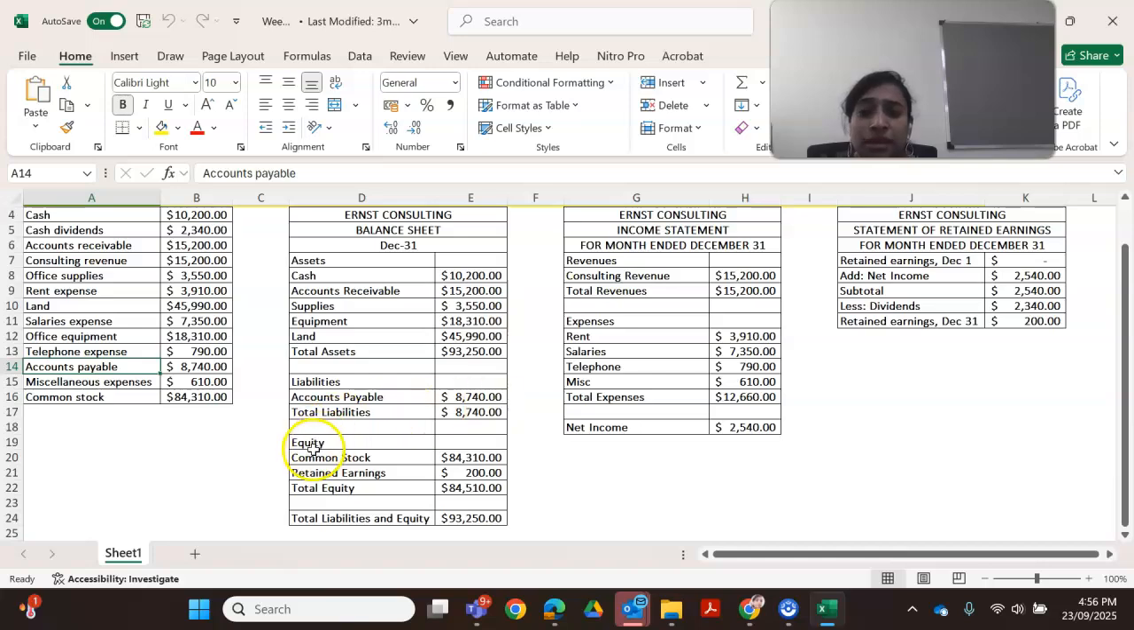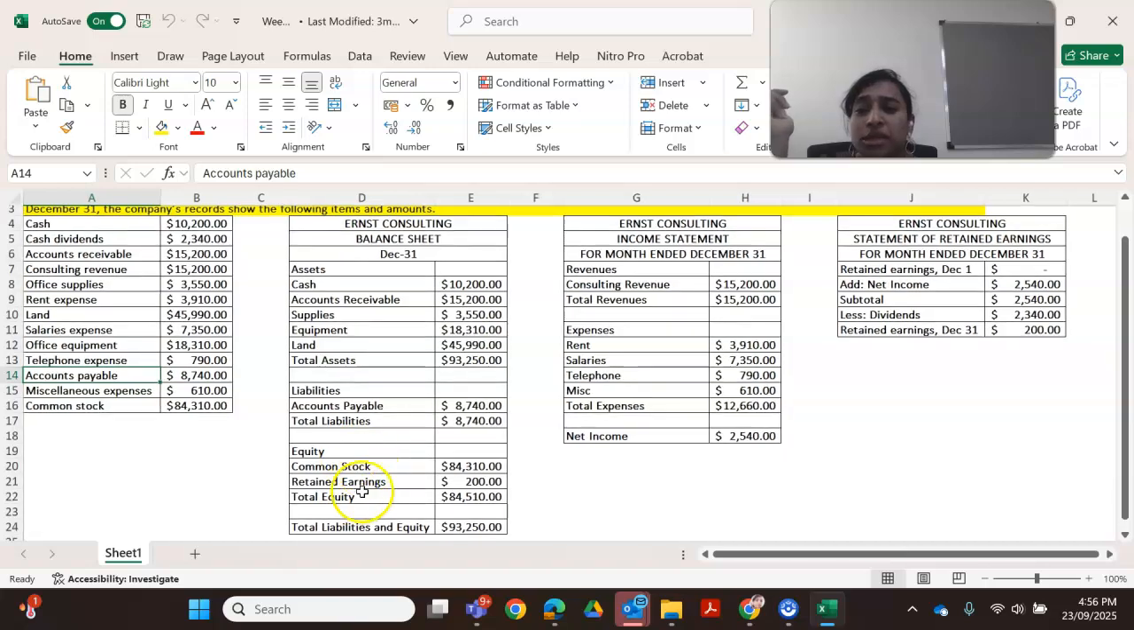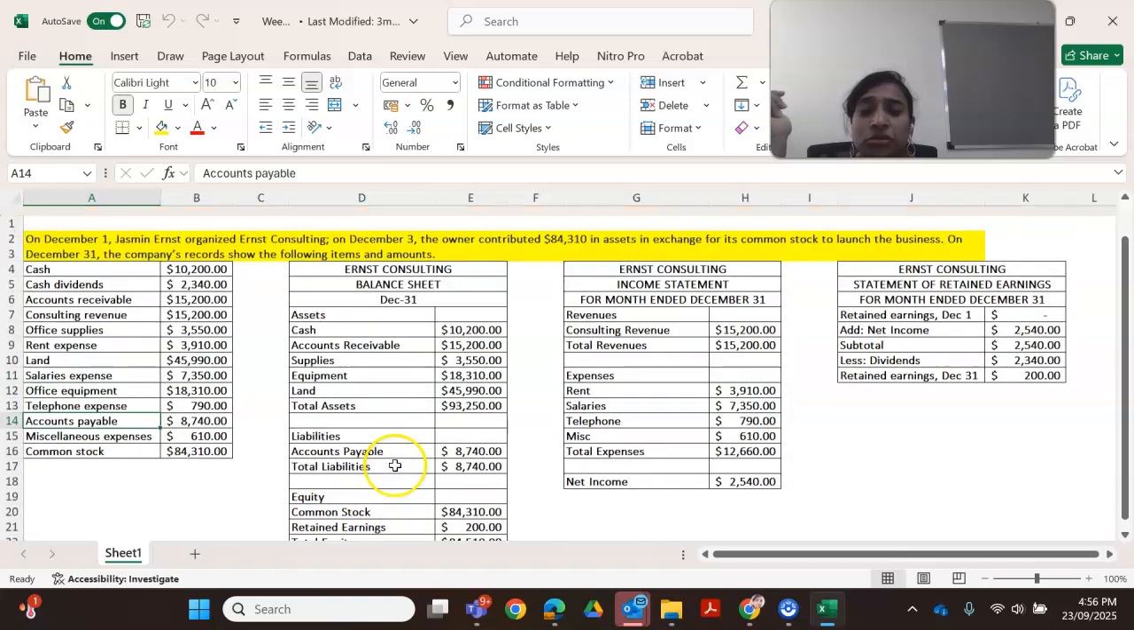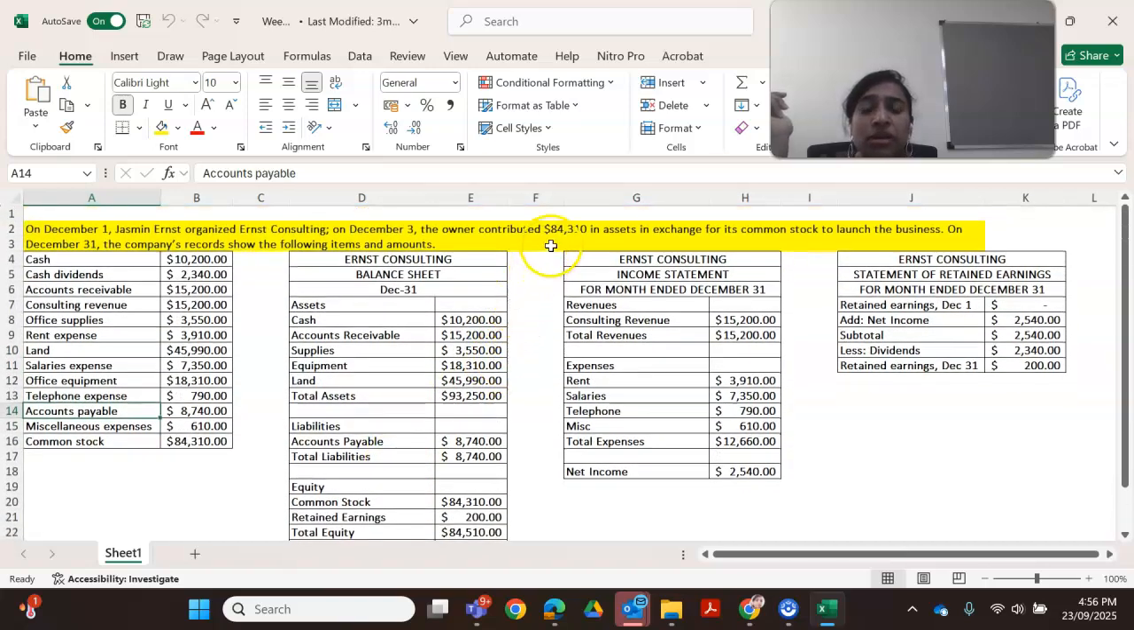Next comes equity. In order to calculate equity, I need to know the common stock and the retained earnings. Common stock is 84,310, which is there in the question. But retained earnings, I do not know earlier. In order to calculate retained earnings, I need to do the income statement first. So before calculating the total equity, I started doing another table which is for the income statement for month end